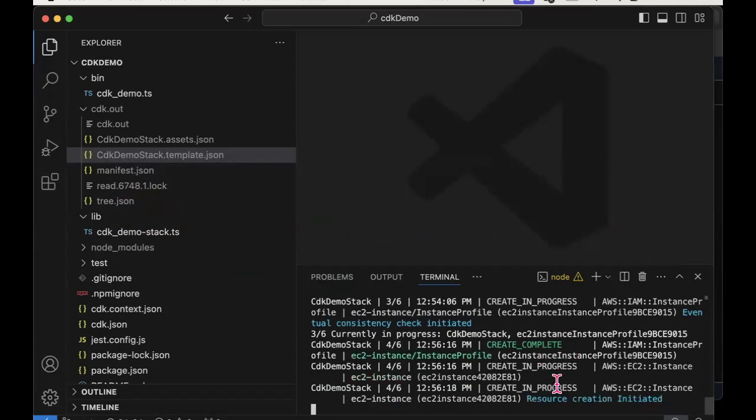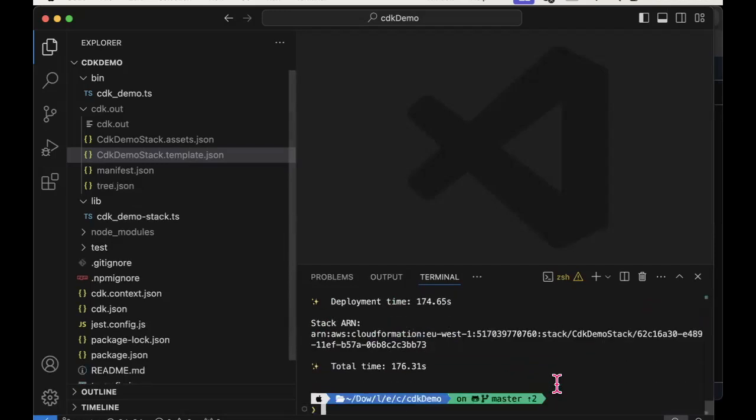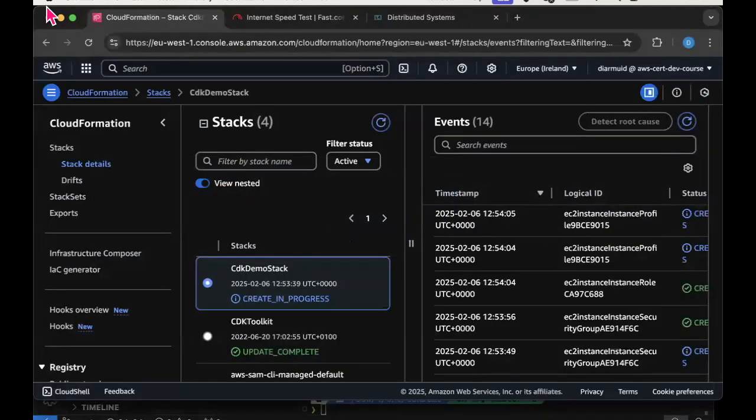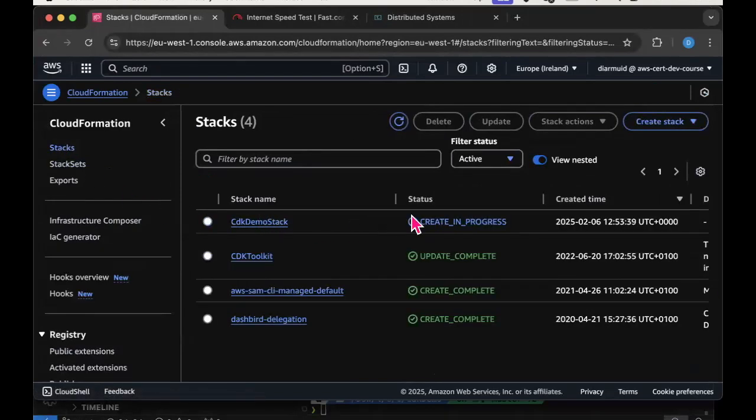It's still working away, and eventually it will tell me that the stack has been completed successfully, hopefully. Yeah, it's finished now, and that should mean it has created the entire stack for me. If I stay in the CloudFormation service, you can see the stack is still showing in progress. Let me do a refresh.